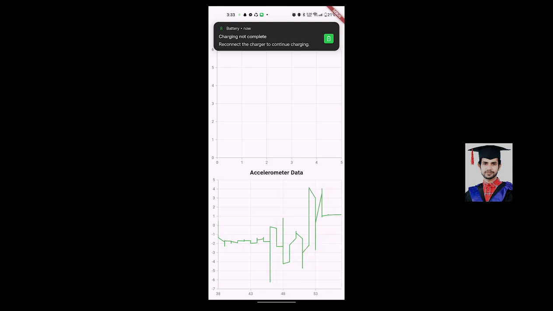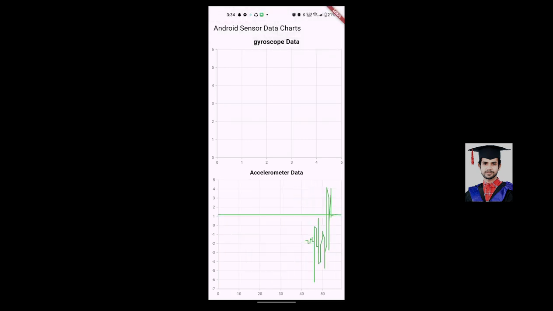So this was our implementation, and we can see